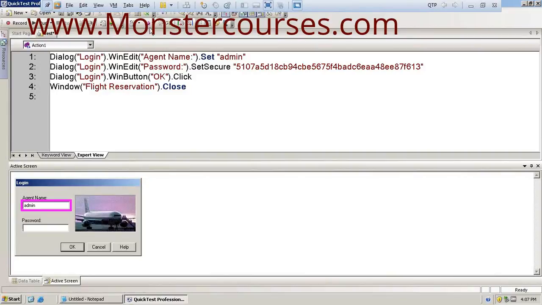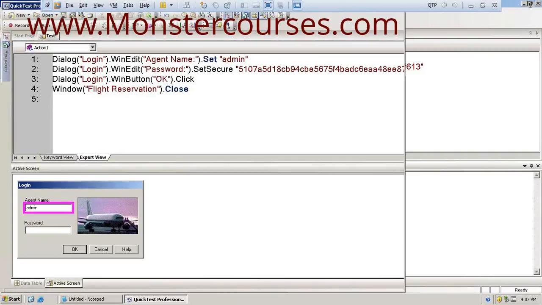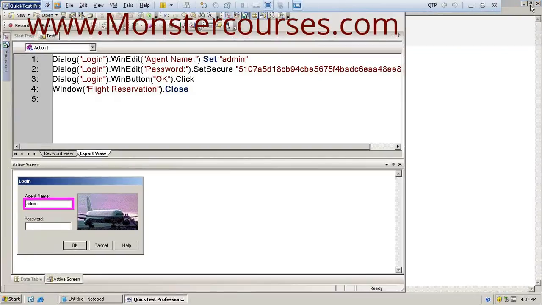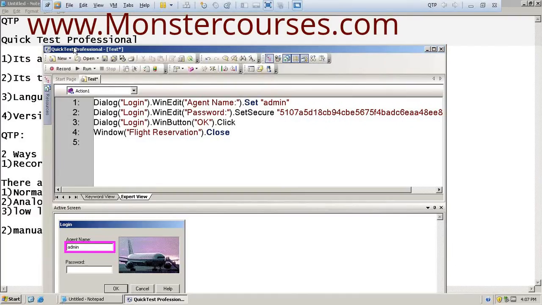So to view this object repository, here we have the menu like resources. Directly you can click on this icon object repository, or you can go with the resources menu and then object repository.